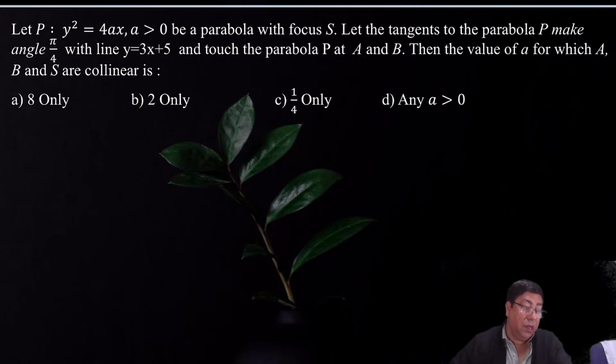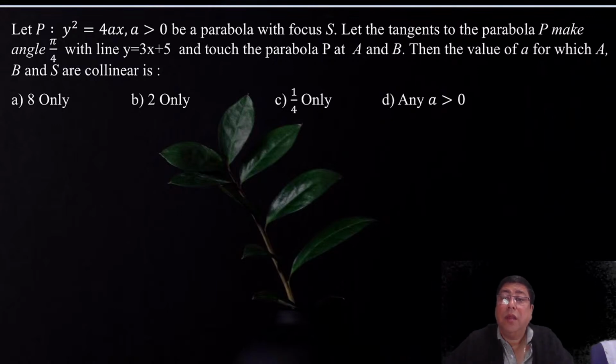Let P: y square equal to 4ax be a parabola with the focus S, and let the tangents to P making an angle of pi by 4 with the line y equal to 3x plus 5 touch the parabola at the points A and B. Then find the value of a for which A, B and S are collinear. This type of question is related to the basic principle of the